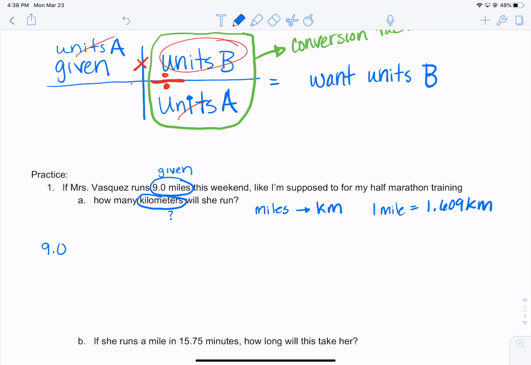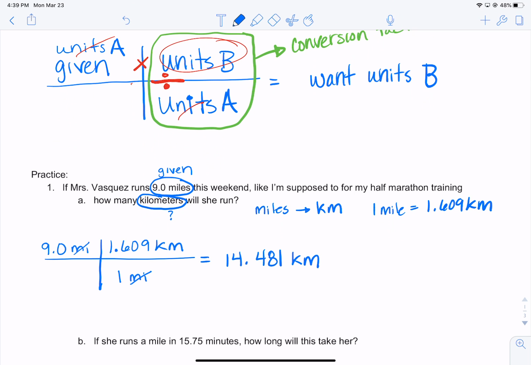I put 9.0 miles in my little factor label method. I'm going to put miles on the bottom so that way it cancels. 1.609 kilometers in the top because that's what I am trying to get at. Those miles over miles cancel, and I just take 9.0 times 1.609, and the answer that you get is 14.481